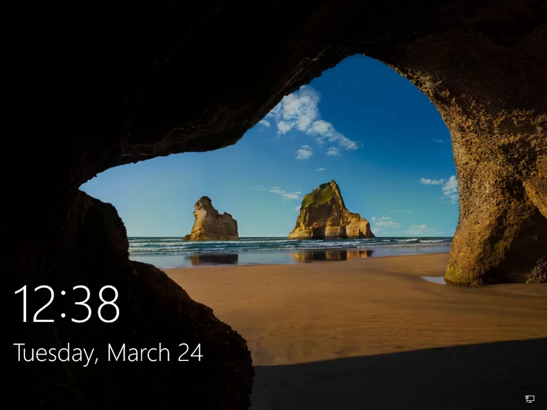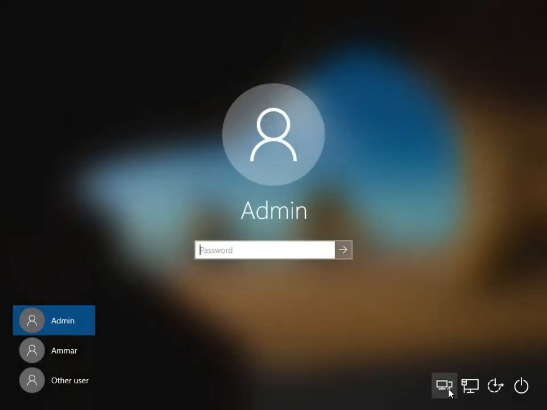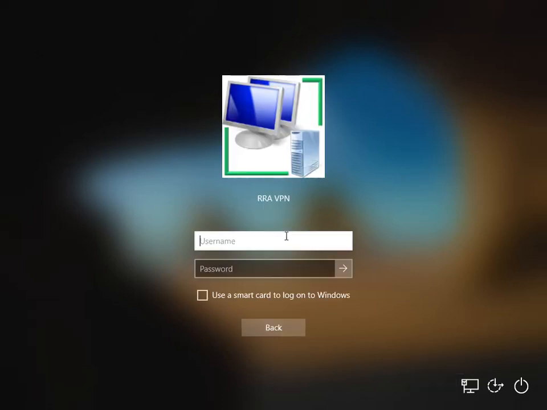We have two ways to log in. One is called network sign-in, this one right here. In this type, you click this, you put your username, you put your password, and what will happen, the computer will establish a connection over the internet to your organization, verifies if you are an authenticated user, if you have permission to VPN, and if you put the correct user and password before you connect.